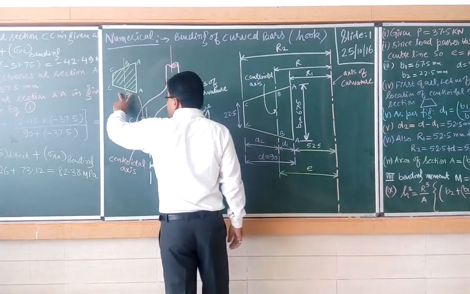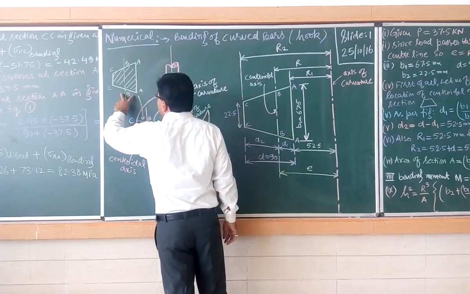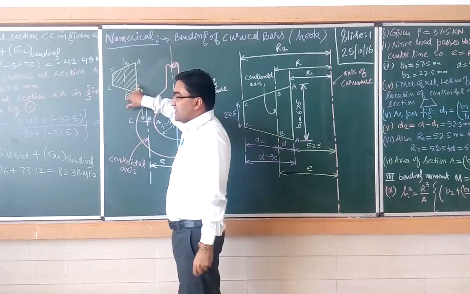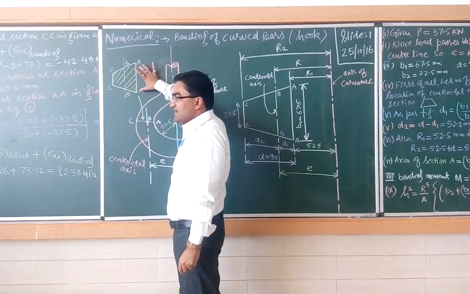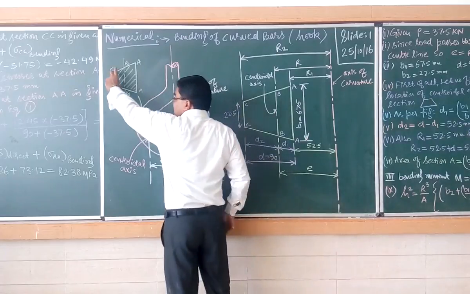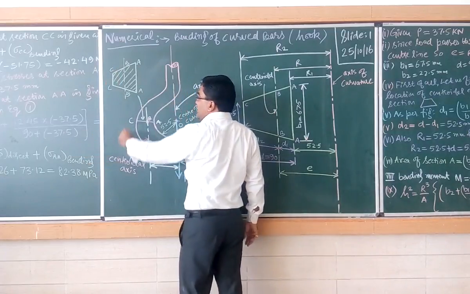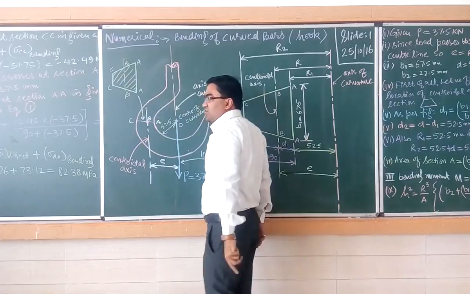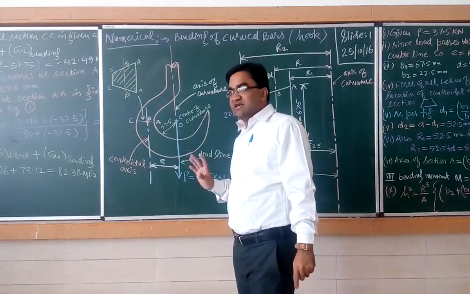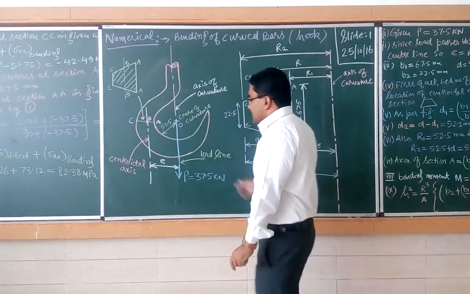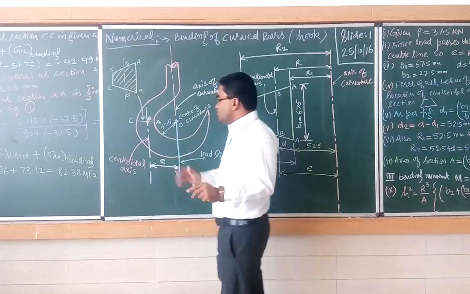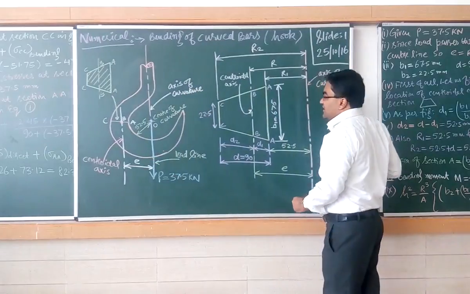Second point, this is the cross section of the crane hook. In this cross section, AA is the inner part, CC is the outer part, and BB is the centroidal axis of this cross section. So we will be finding out these dimensions also. Let us analyze this cross section in a zoomed manner, let us see from the diagram.